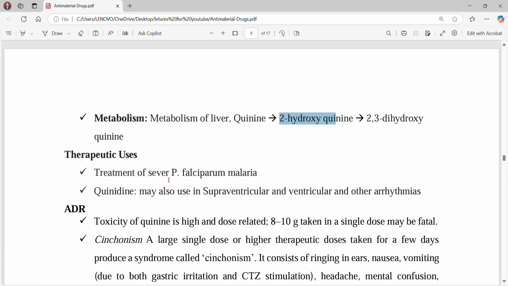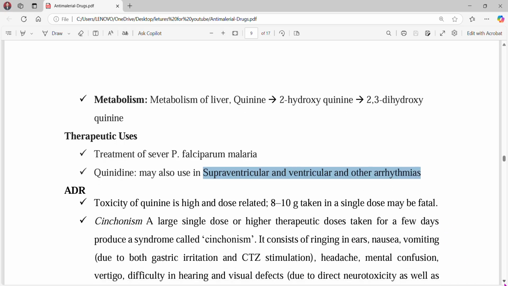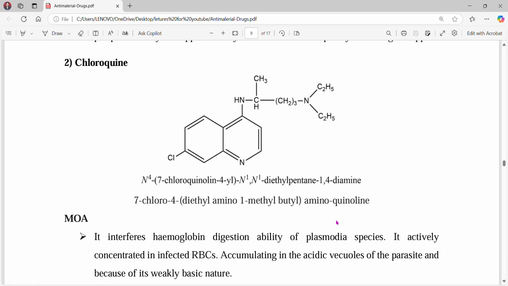Therapeutic uses are treatment of severe Plasmodium falciparum malaria. Quinine may also be used in supraventricular and ventricular arrhythmias and other forms of malaria. Next drug is